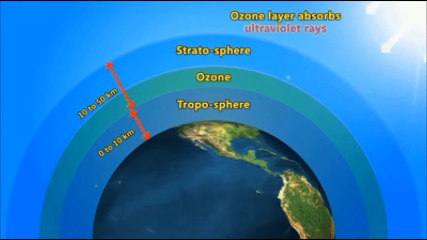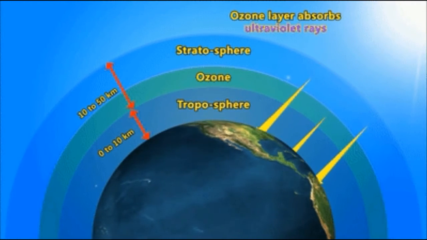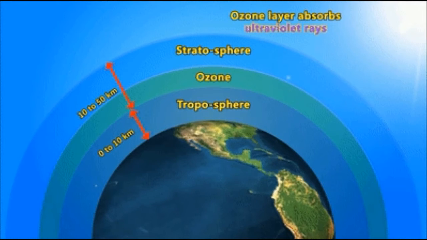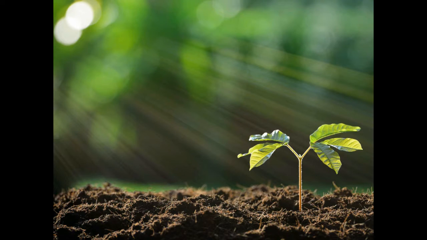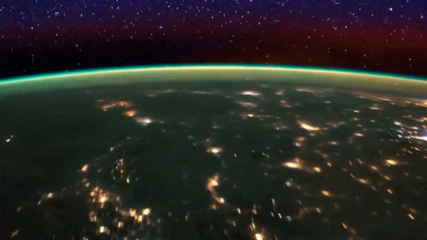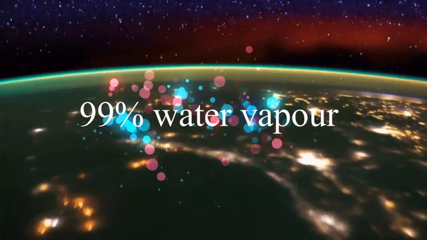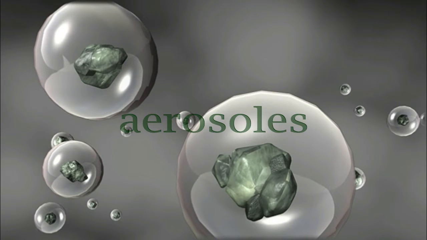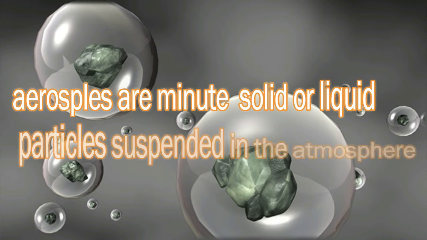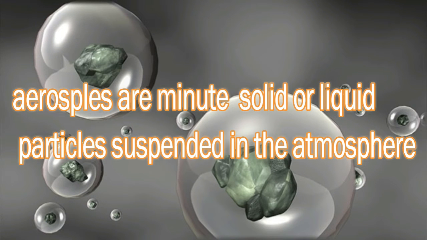Yet, this very shallow layer is tasked with holding all the air plants need for photosynthesis and animals need to breathe, and also contains about 99% of all water vapors and aerosols, minute solid or liquid particles suspended in the